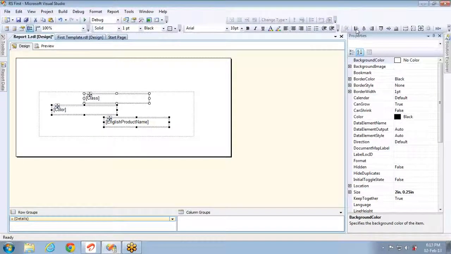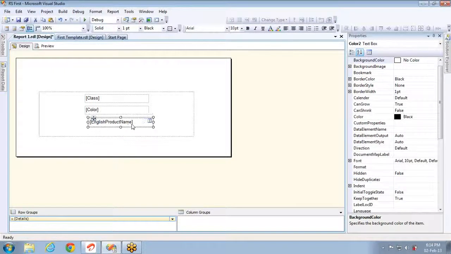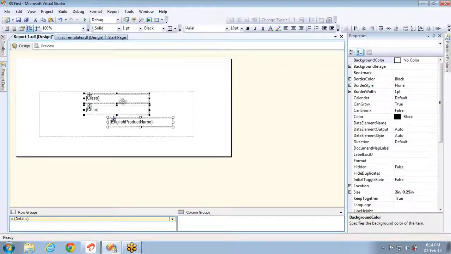This is the left align, so everything will be aligned and start from the same point. I clicked on that, and the first one I selected is the class text box, and it will align based on that. Whatever you select first, the others will be aligned to it. For example, I'm selecting this one first, then this, and then this. You can see white dots for the first and black dots for the other text boxes. The black ones will be aligned to the white one. Now if I say left align, you can see everything moved to the right.